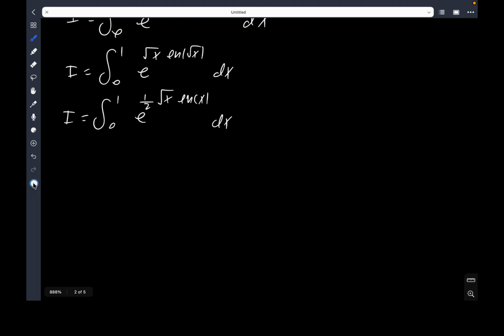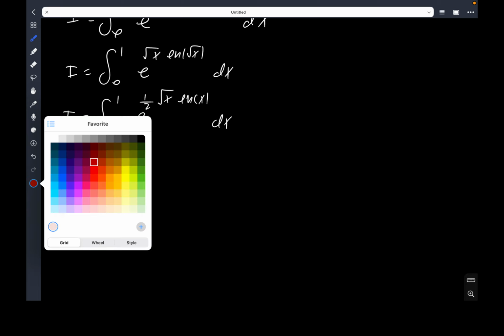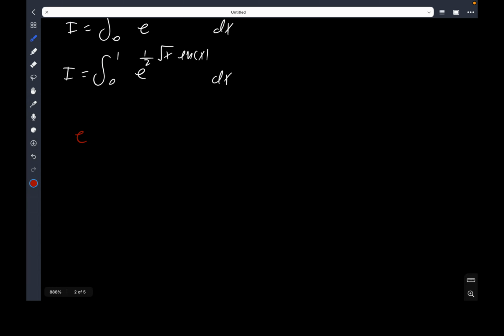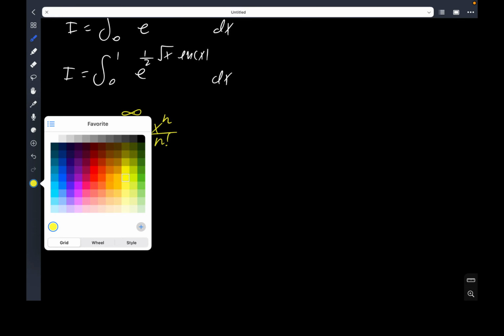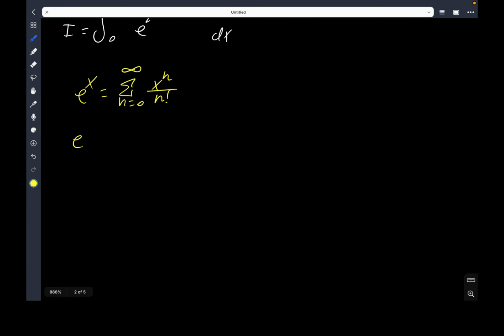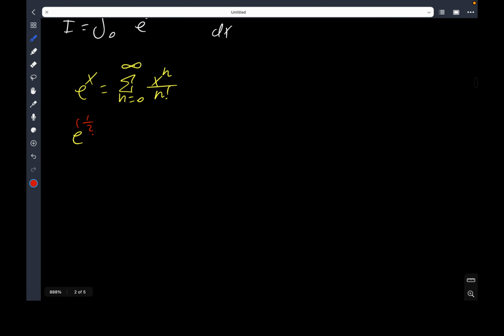Now, here I'm going to utilize the series of e to the x. E to the x, the series for that is the infinite sum from 0 to infinity of x to the n over n factorial. And if I put e to the half root x ln x to the power of n,